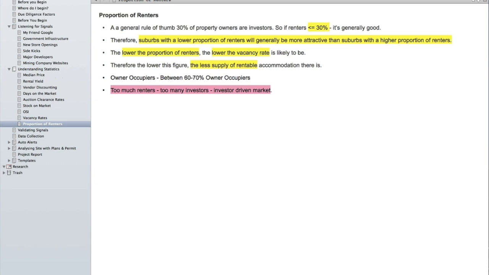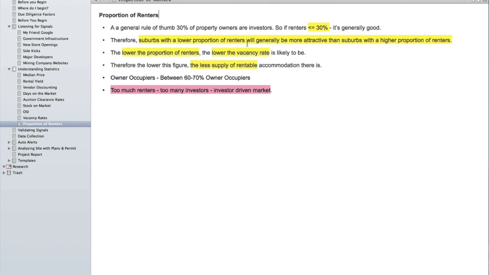Proportion of renters. This is basically trying to find out what percentage of renters are actually in a suburb. As a general rule of thumb, 30% of property owners are investors. So if the renters percentage is less than or equal to 30%, that is generally really good. This basically means a suburb with a lower proportion of renters will generally be more attractive than suburbs with a higher